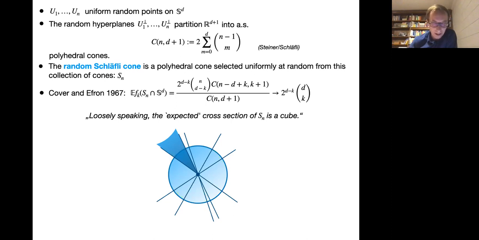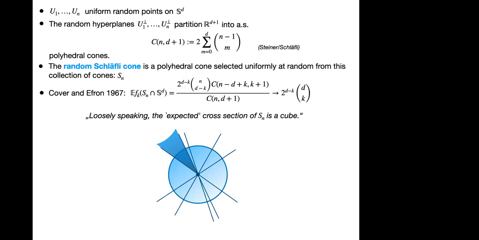And equivalently, they computed the expected f-vector of this spherical polytope. And it's given by a quotient of these fancy numbers, C something, comma something, and well, a certain power of 2 and a binomial coefficient. And what they observed is,